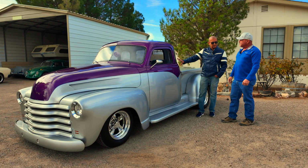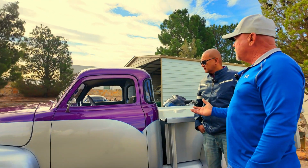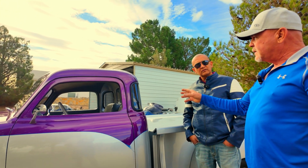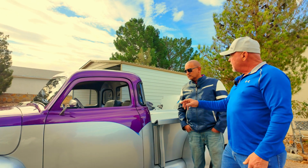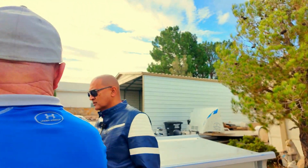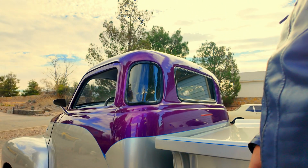And you also put these glass windows in the back? These were on the deluxe model Chevys only. They called them New View. A lot of the Chevy trucks don't have those, but this one came factory with them. But I had to get all the glass cut custom because of chopping the roof. So these I had to get cut out of California. The rest of the glass was cut here in town. And it's all curved, and to curve this glass like this, I mean, that must be a...